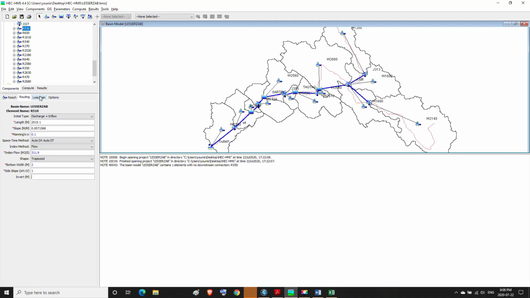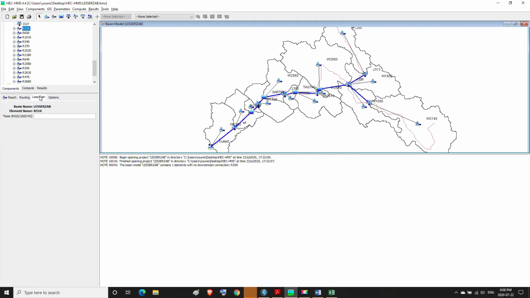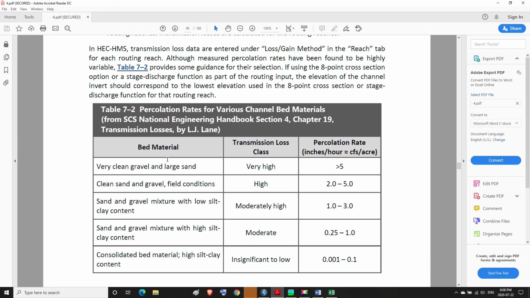Then we go to the loss gain menu, and in it we need the rate in meter cube per second per 1000 meter square, which is chosen from the following table.